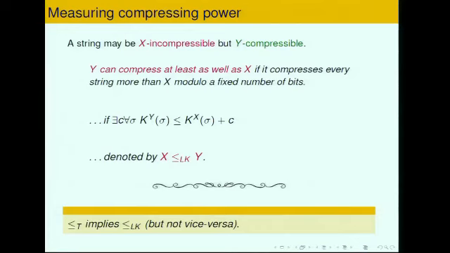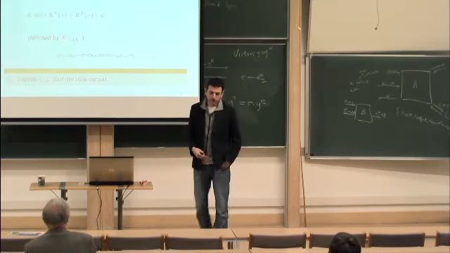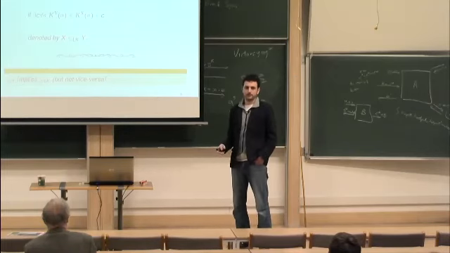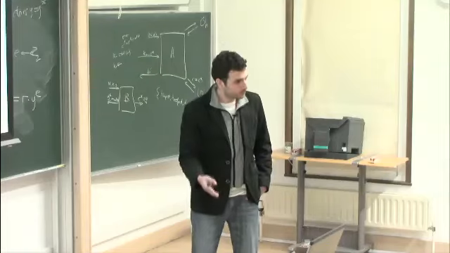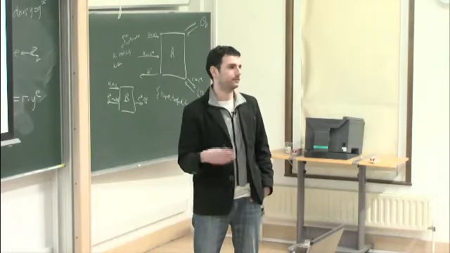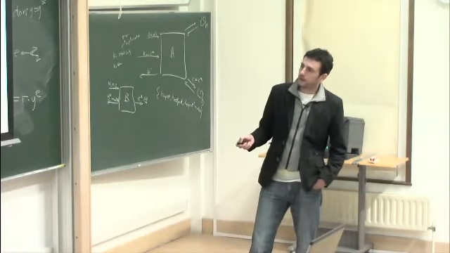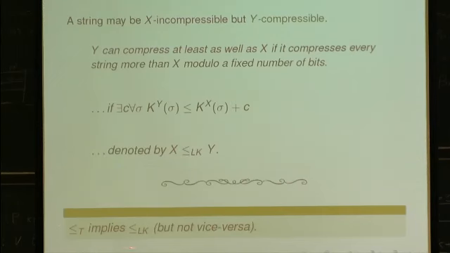So if y can compute x, then it can naturally simulate any computation that is performed by x, right? Because it computes x, it can see what it does and simulate it, which means that if y computes x, then y is LK above x. So Turing reducibility implies this, but not vice versa.